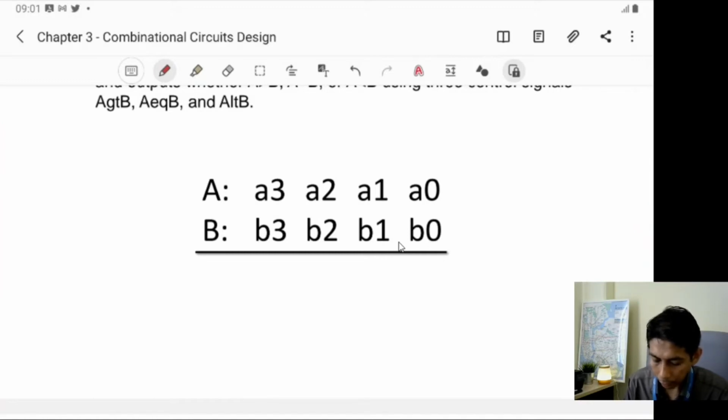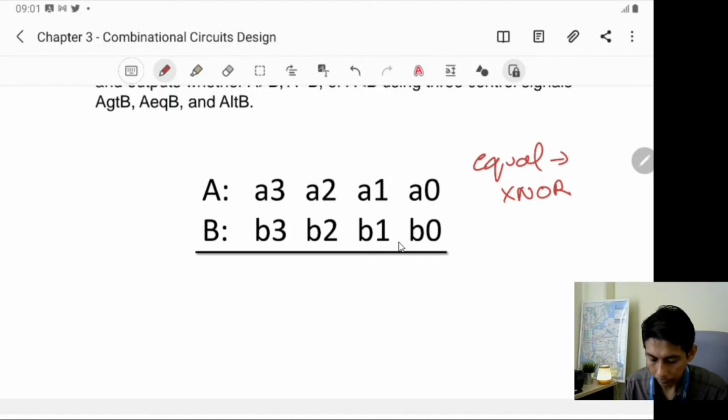So to check for equal, of course, we can use the XNOR. Very easy. And to check, for example, whether the 1 bit here, A3, is bigger than